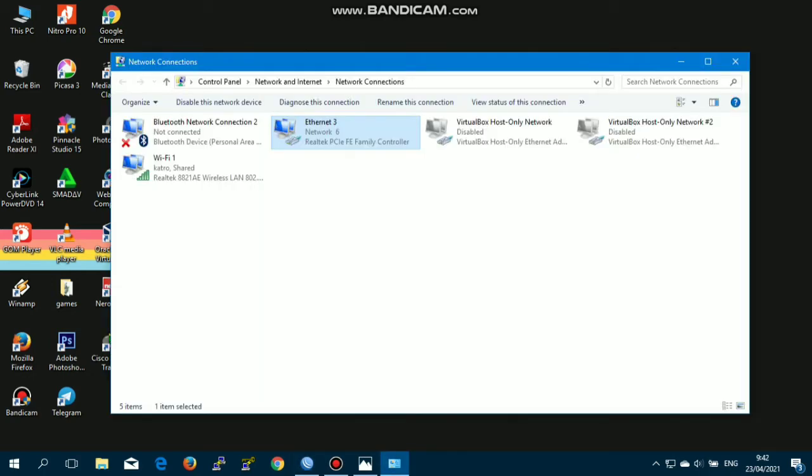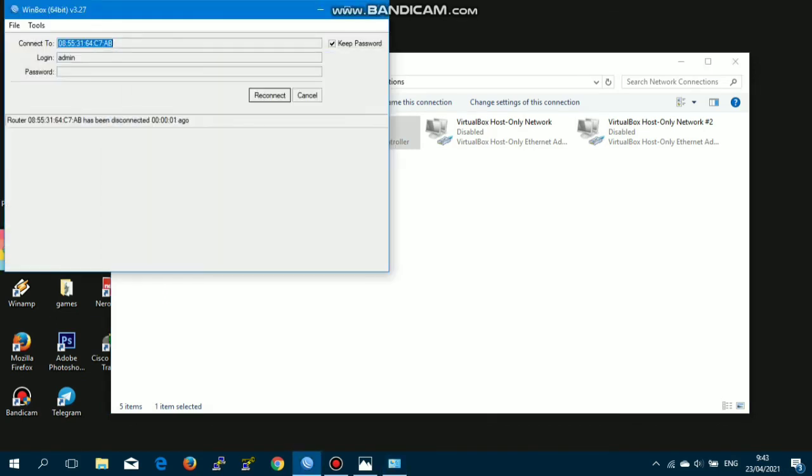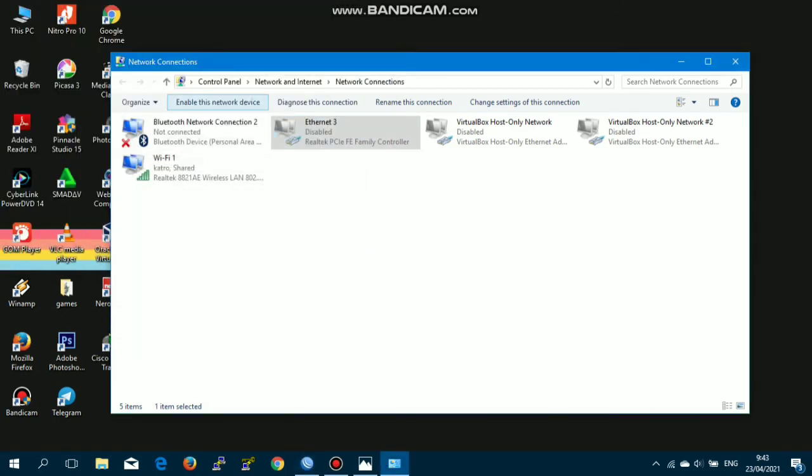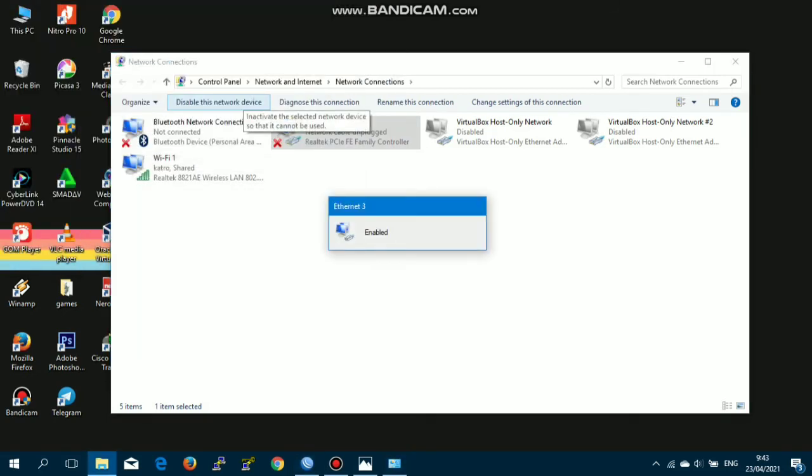Then do the test with the disable and enable the Ethernet.